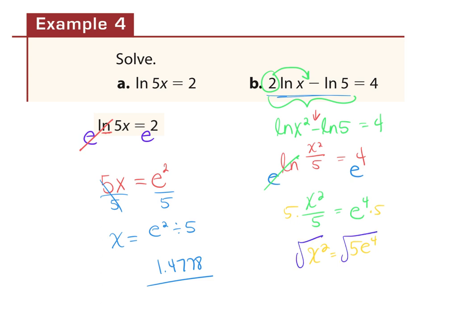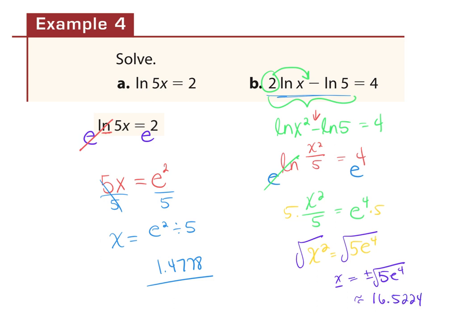In this case, I do say the positive and negative root of x is going to equal the positive and negative root of this right here, 5e to the 4th. The e squared can come out. You would have the square root of 5. So it's actually going to end up being a positive number,